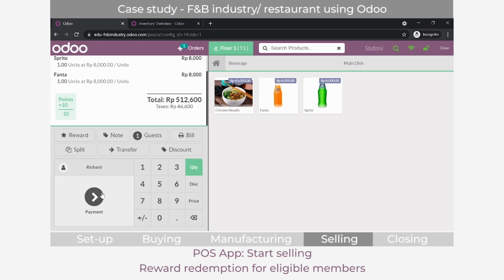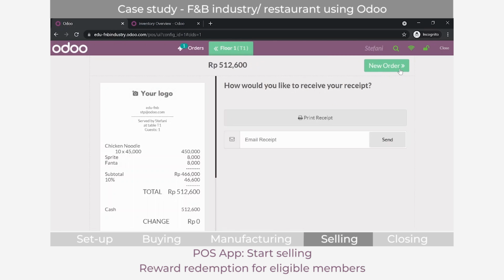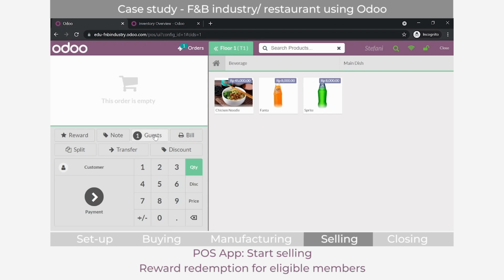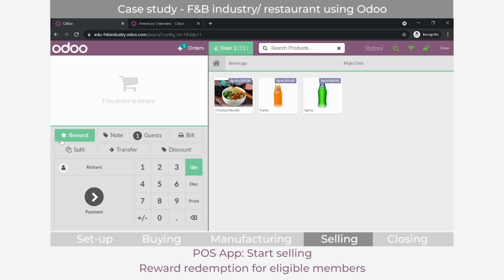So I'll go ahead and process the payment. So you can see now it's not green, meaning that Richard doesn't have a reward available in his account. Let's see what happened after we process the payment. Okay, so once we process the payment, going back to Richard, now you can see that the reward button here turns green, meaning that Richard has a reward available